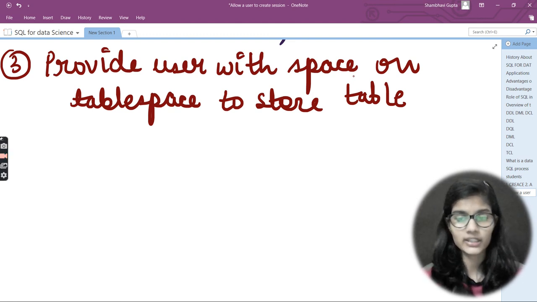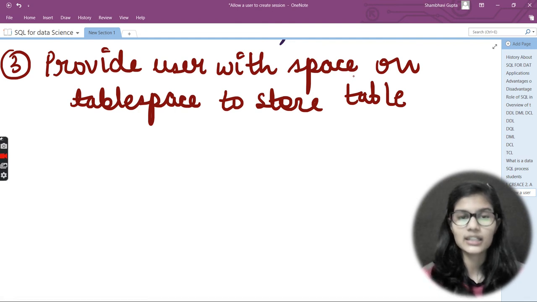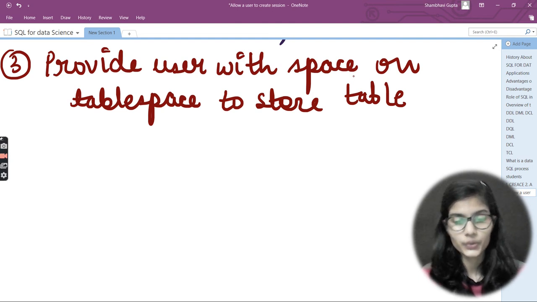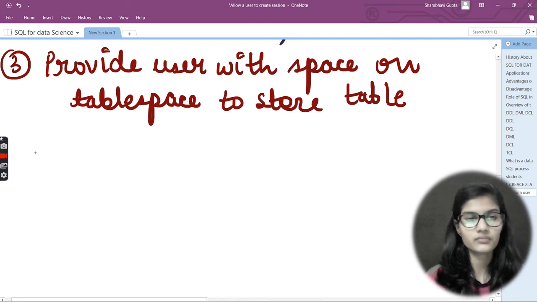Only making the table is not all that should be done, right? We should provide some privileges so that we are able to use the table space for using the table and the data, right? So this particular command does the same thing I mentioned, that it basically allows us to use this particular table space which actually has the table and data stored in it, right?